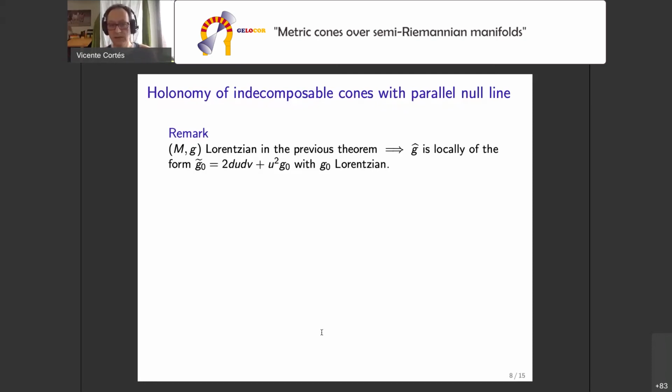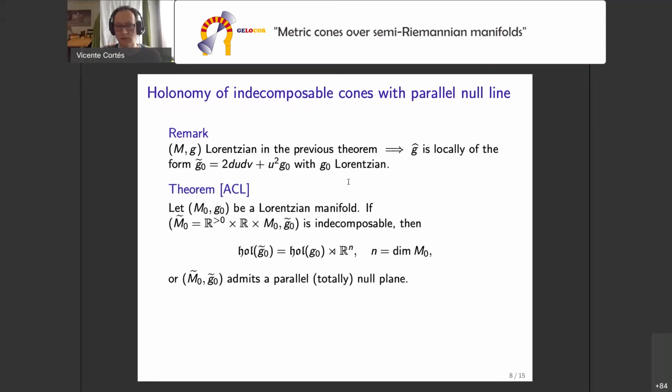And okay, the first remark is that we will now specialize a bit, because the case of general arbitrary signatures is complicated. We will restrict to the case when, in this normal form obtained from an auxiliary metric g0 on some auxiliary manifold M0, we assume that g0 is Lorentzian, and this means that the cone will be of index 2. So we have an indefinite cone of index 2, and the metric g0 is a Lorentzian metric.